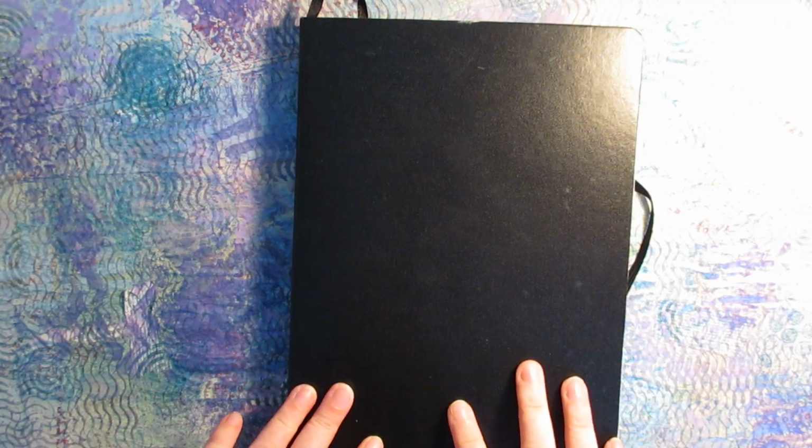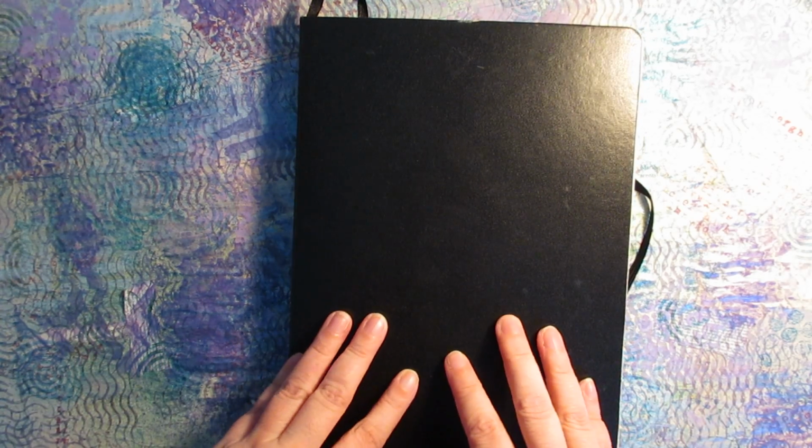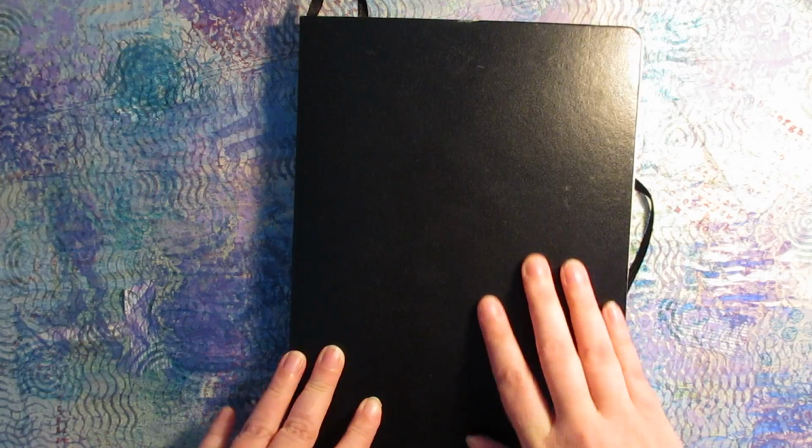Hello everyone. I had a request about talking about glue books. Wanted to know the basic concept of glue books, and what kind of books to use and what it is and how to go about doing it. So this is a basic glue book